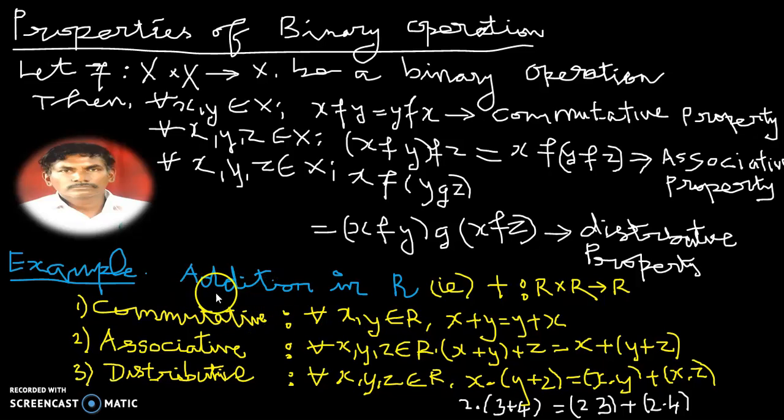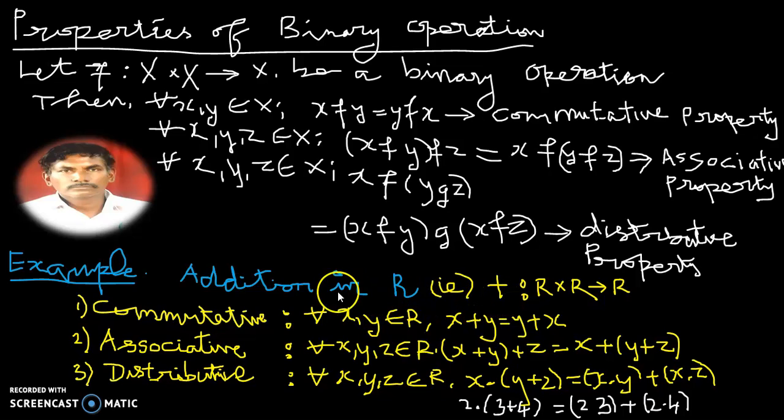Okay, now addition, we know well in mathematics, the adding of two numbers: 2 plus 3 equals 5, or 5 plus 10 equals 15. That type of concept in mathematics we talk about in the set of real numbers. Now the addition operation I am taking from R plus R to R, where R is the set of real numbers. So this addition makes a binary operation on two elements and gives a single real number. That is the definition of this plus here. Plus means addition.